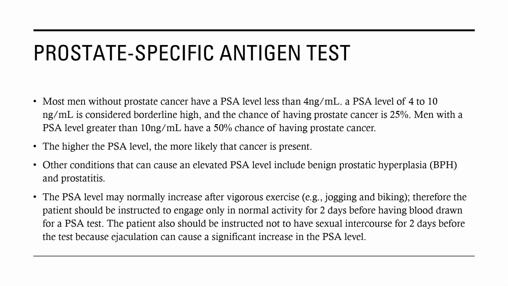Most men that don't have prostate cancer are going to have a level less than 4. A PSA level of 4 to 10 is considered borderline high, and the chance of having prostate cancer is 25%. Men with a PSA level of 10 or greater are going to have a 50% chance of having prostate cancer. The higher the PSA level they have, the more likely the cancer is present, and there can be other conditions